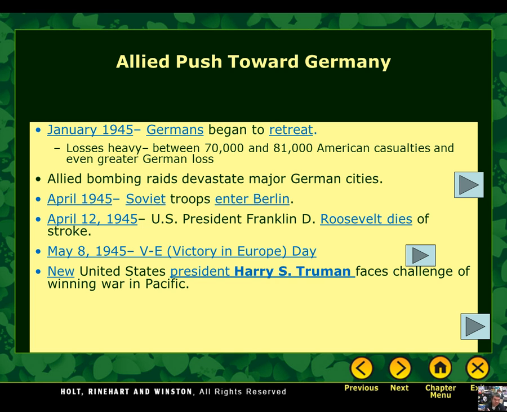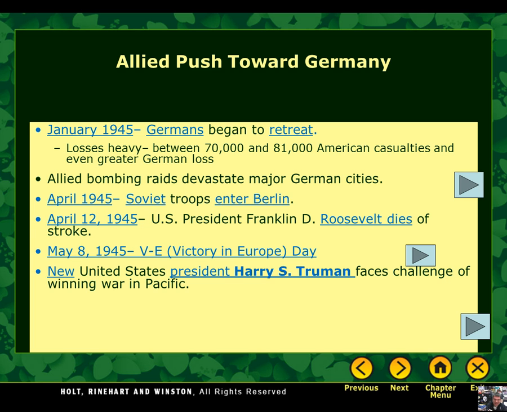April 12, 1945, President Franklin Roosevelt dies of a stroke. This was very sad news for the country. He had led the country through the Great Depression and World War II. And although World War II isn't completely over yet, the end is near. And so it was very surprising to hear that Franklin Roosevelt died, and it was very emotional for some people in America when he did die.